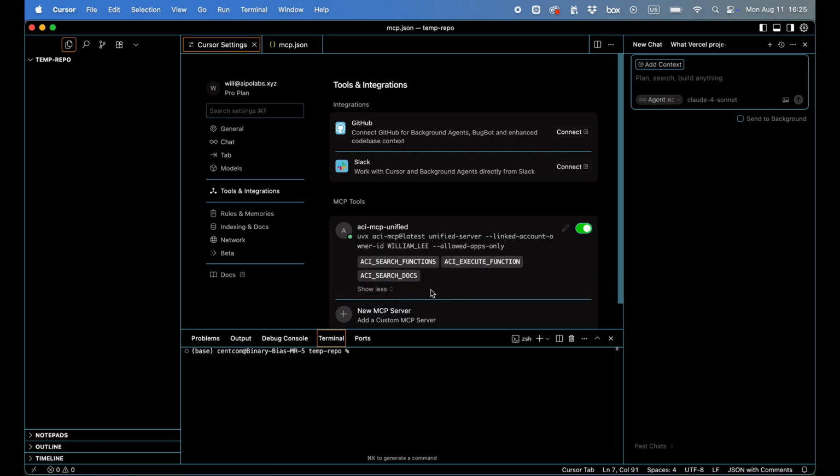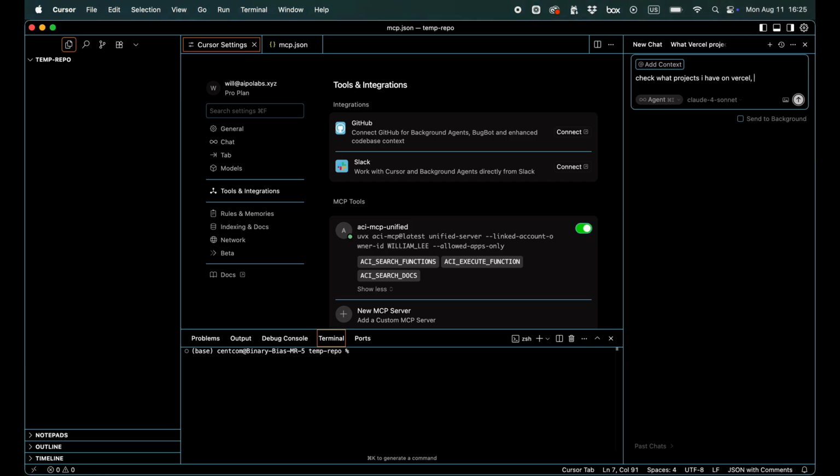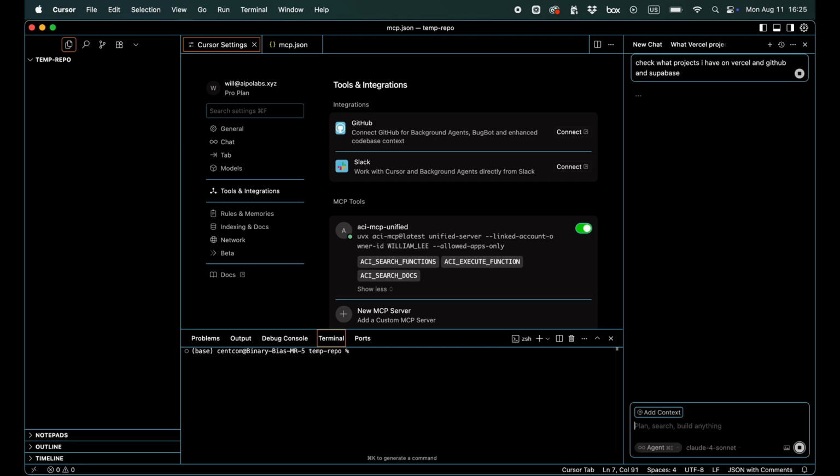to load. But with ACI, we condense all these tools into just 2 tools, search and execute. And this way we avoid the issues of tool overload by providing tools only when an agent actually needs it. And we also additionally provide a third tool that references our own documentation to help your agent use ACI itself in a product build. Now we can go ahead and use all of these platforms simultaneously through our agentic IDE,